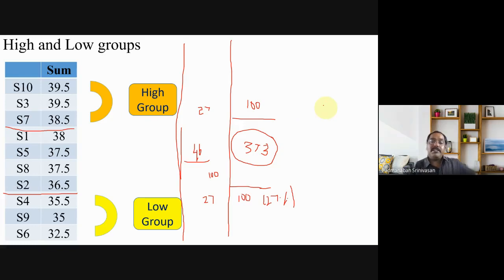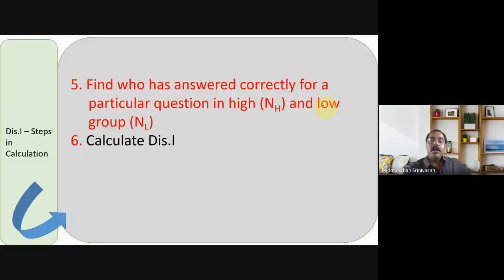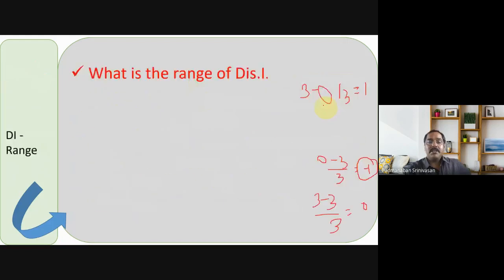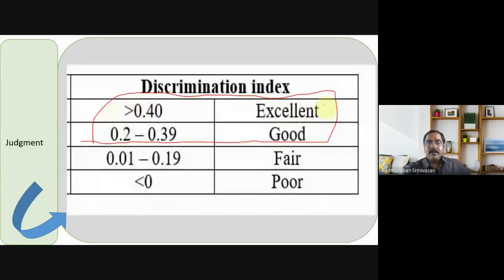If you are taking 373 samples, the high group will have 100 persons and the low group will have 100 persons in number. This will be a fantastic statistic. Like this, you have to go, not taking 10. Normally, PhD scholars in education know this. Whenever they are standardizing a question paper, they go for this many samples, 373. Then only our statistics will be good. Okay. Just to correlate, I am telling. So with this we end the discrimination index.